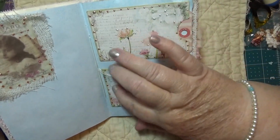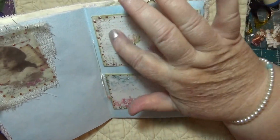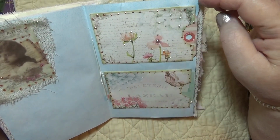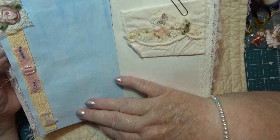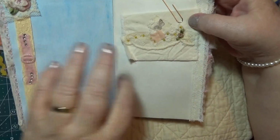So this is off the printable too. Oh, hang on. That's the middle. And, you know, you can even write on that if you wanted to, but I've stuck those little dots on them to give it a little bit of a lift, because it seemed very pale to me. So there's another piece for down the side, and here I've got a...